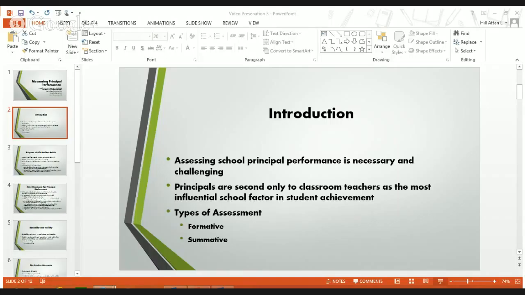Validity, just like reliability is reliable, validity is valid. Is the test valid? It refers to the degree to which a test measures what it is supposed to measure and consequently permits appropriate interpretation of scores. Content validity is the degree to which a test measures an intended content area.